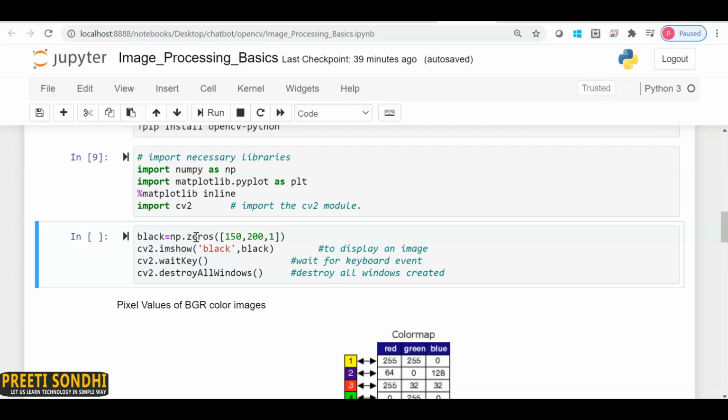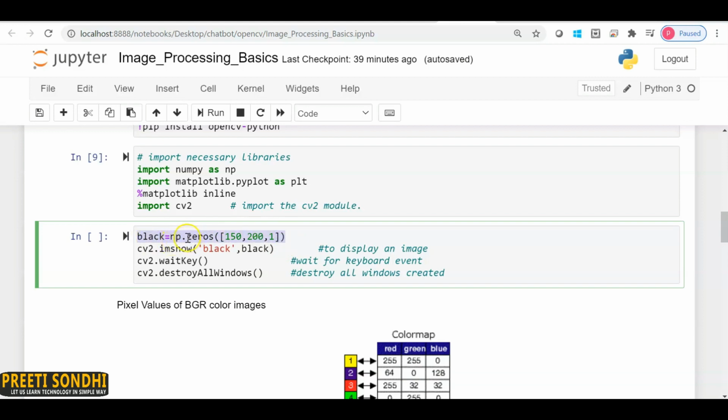So here I am just creating a matrix of size 150 into 200, having the value zero in each pixel. We know that 0 represents black, and I'm assigning all these values to a variable named black. So this is how you can create a black image.